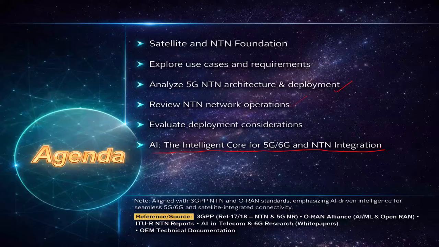Our ultimate aim is smarter and more efficient global connectivity, right? So imagine a world where your network never drops, whether you are in a city, an aircraft, or the middle of the ocean. That is the power of NTN, AI, and 6G. All three will bring truly intelligent global connectivity. So stay with me, because what you are about to learn can completely change how you understand telecom networks.